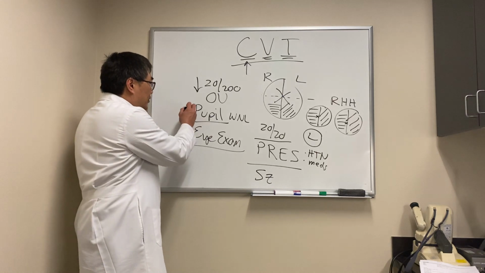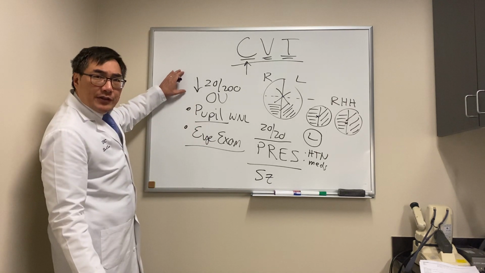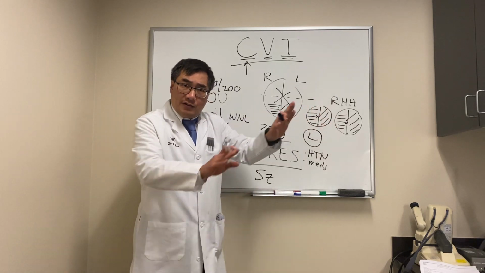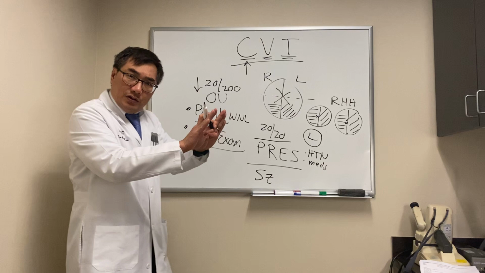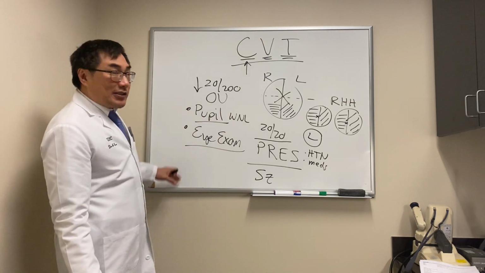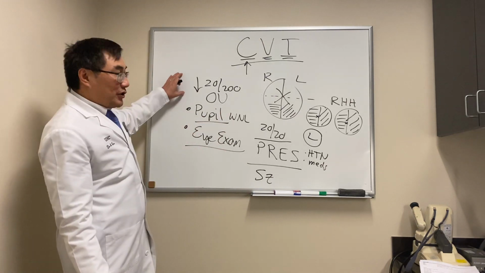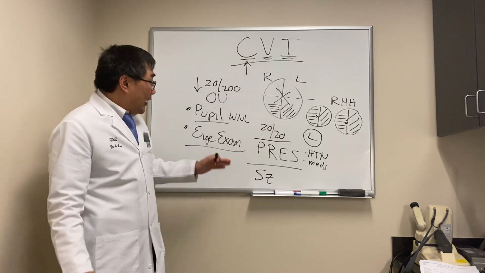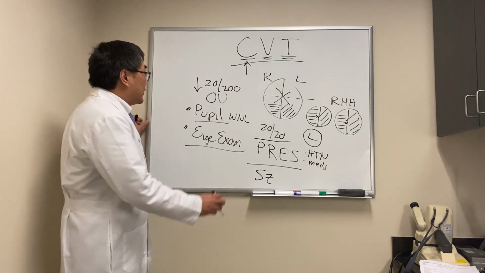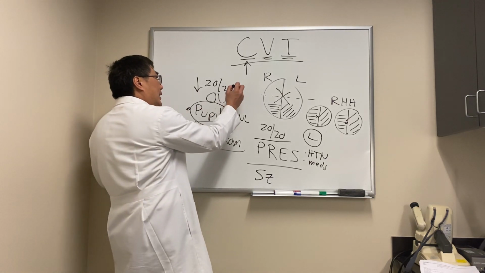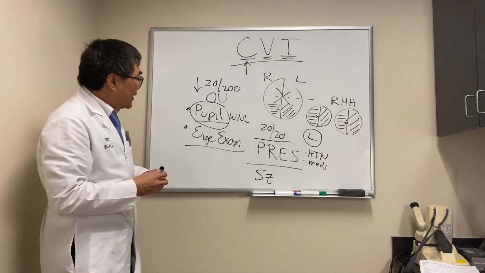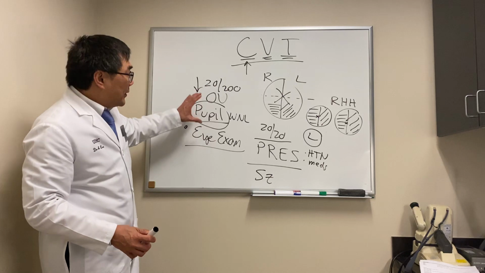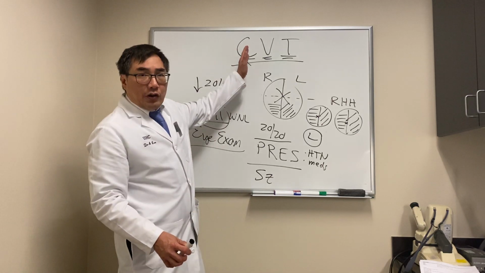And that's what makes it dangerous, because you have patients who have loss of central vision, they have a juxtaposed homonymous, so you really can't do the field on them, or if you did do a field, it's a juxtaposed field, and the rest of their eye exam is normal. And you might think this person is faking when they actually have cortical visual impairment. The reason you might think they're faking is because their pupil is normal. And so you really should be thinking in the differential diagnosis of bilateral simultaneous loss of vision with a normal pupil and normal eye exam, that maybe the reason the eye exam is normal is because it's not an eye thing at all, and it might be cortical visual